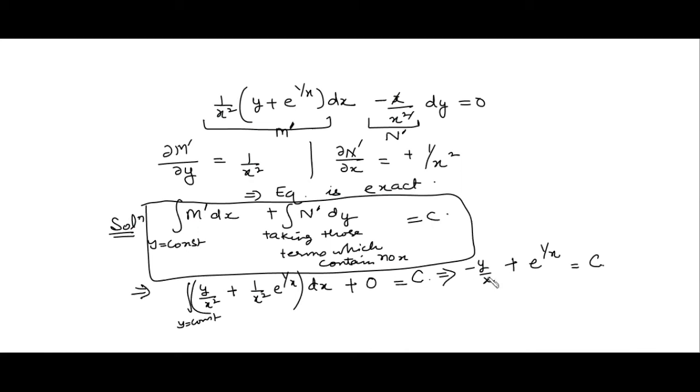So this is an integration with minus sign, because when we take the derivative of this, we get negative over here. So after more simplifying, we get y plus e to the power 1 by x into x is equal to c dash. So this is the solution of this first order differential equation, which is not exact, but we find out the integrating factor and we convert it into exact differential equation.